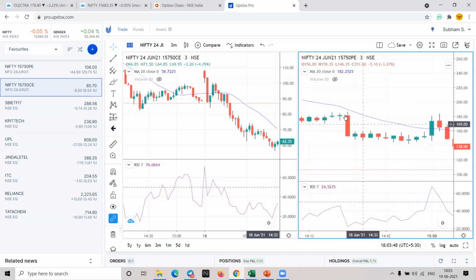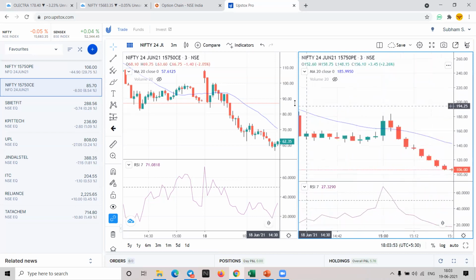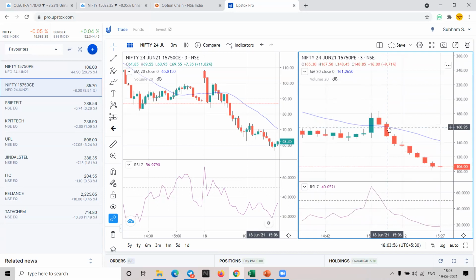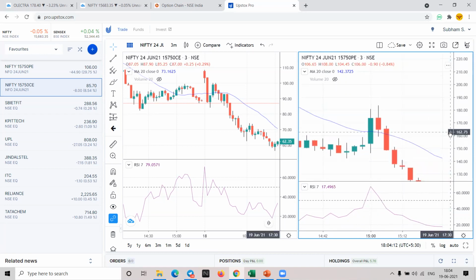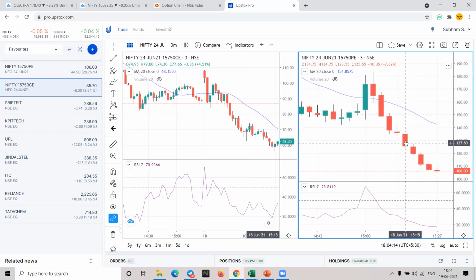Again, here there is a strong candle, but this is not a block, so you can ignore. Again, here, if there was no upper shadow, you could have done it, because it's a perfect scenario: moving average going downward, RSI from above 50 to below 50, small shadow. Here there is a good block candle. All conditions fulfilling. Minimal lower shadow, on the upper side there is no shadow. Moving average downward, RSI below 50. You can go for it. Here also you'll get 1:1.5 risk reward.